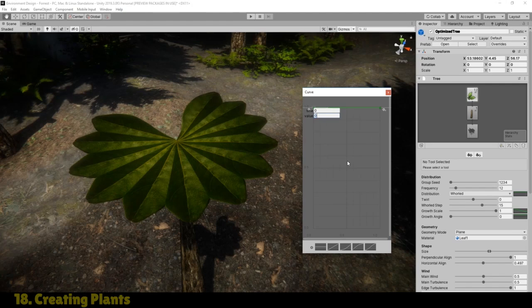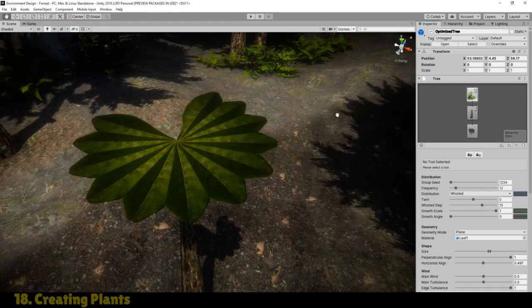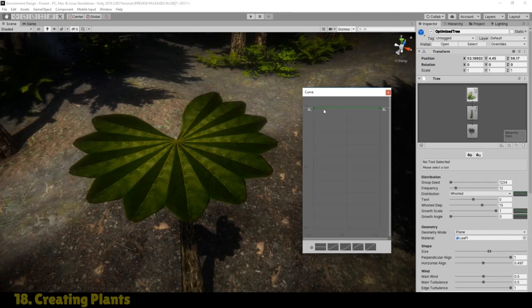So first of all, 0.295 for the value, and the time, I'm going to move this across on the time. For some reason that didn't update. So 0.5 for the time, and the value is going to be